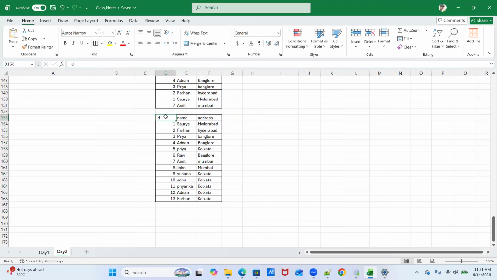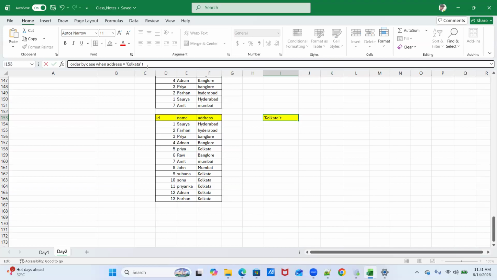Now, when you are saying order by case when address is equal to Kolkata, then what will happen? You are saying that, okay, I want to keep all these records at first position.